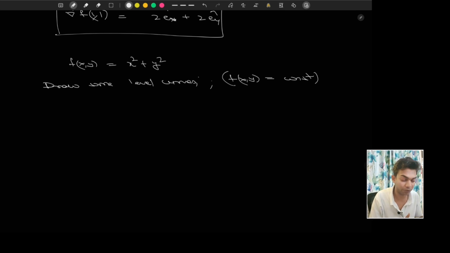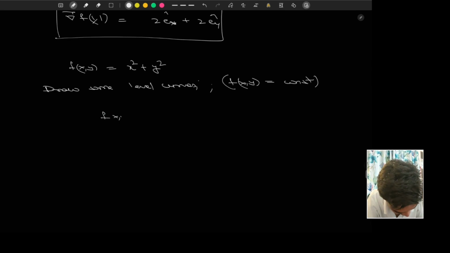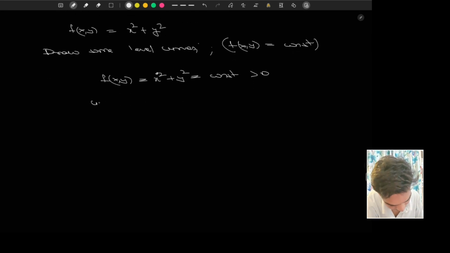If you're seeing this term for the first time, think of those maps of mountains in which all the curves of a particular height are given. At a particular height, there will be a curve designated to that height, so if you move along that curve, your height is not going to change. It's the same kind of thing we are doing here. So f of x comma y equals x square plus y square equals some constant, and of course this constant is positive. So what are these? These are circles